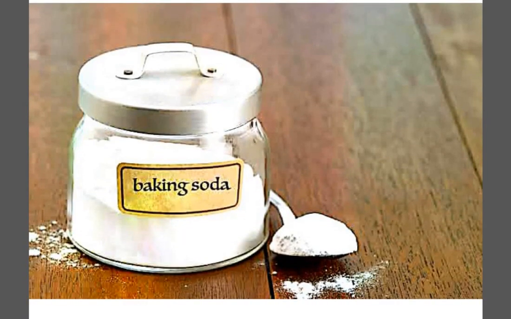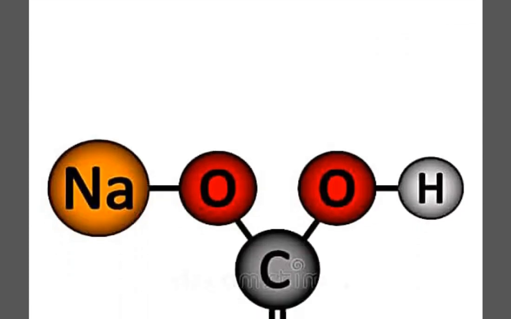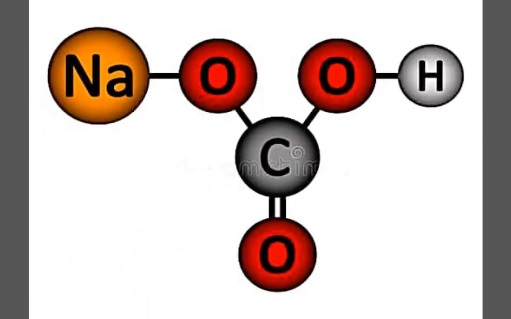Okay, so the next chemical I'm going to talk about is baking soda, and baking soda is one of the things which you can find very readily at your homes. It's very commonly present and used in different food materials. Now, this is the structure, and if you look at the number and variety of atoms given, the chemical formula of baking soda is NaHCO3, and its chemical name is sodium hydrogen carbonate, or it can also be called sodium bicarbonate.